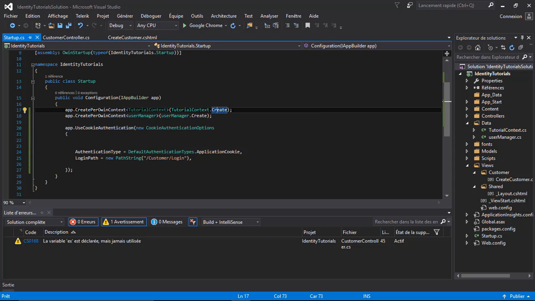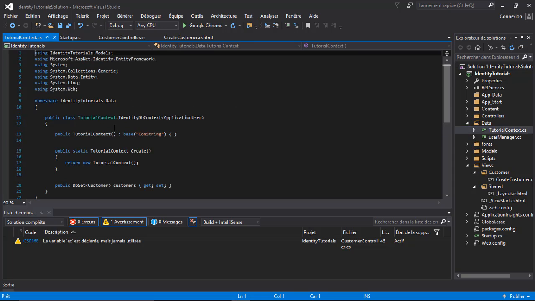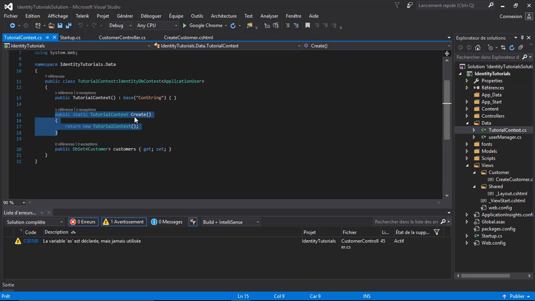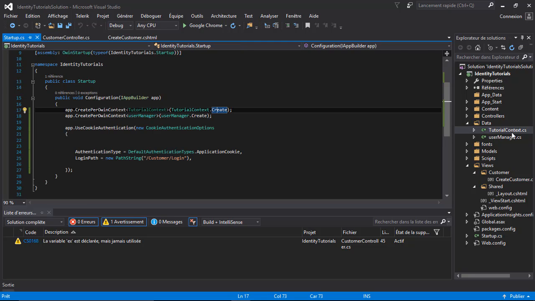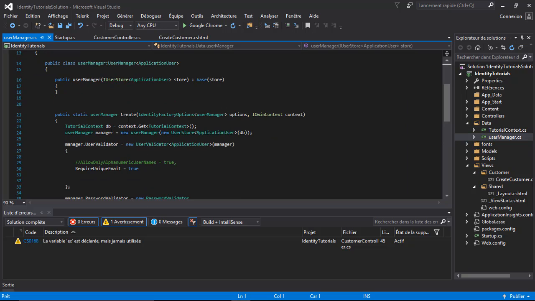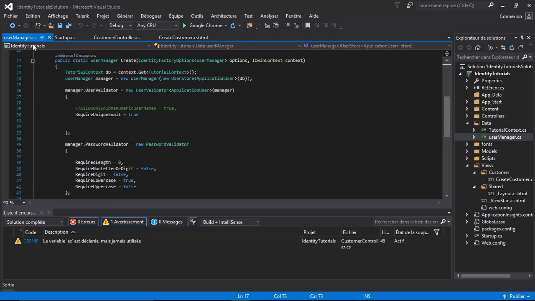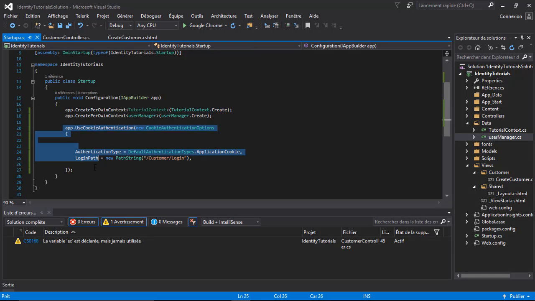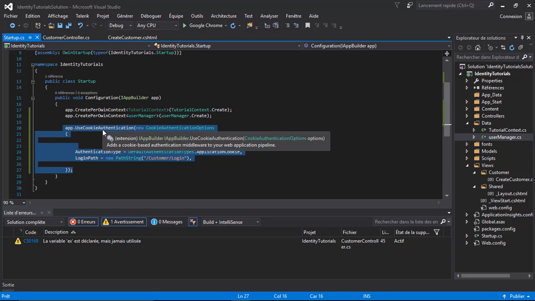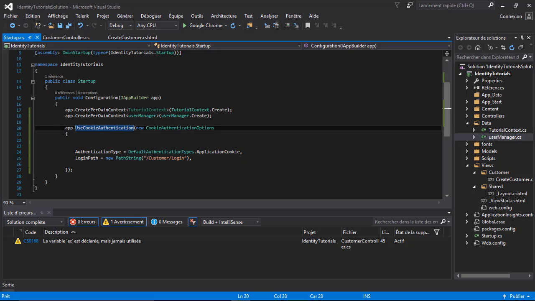These two methods are static. If you take a look here, the tutorial context method returns an instance of the tutorial context, and this method here allows us to return an instance of the user manager class. And after that, these lines of code allow us to set